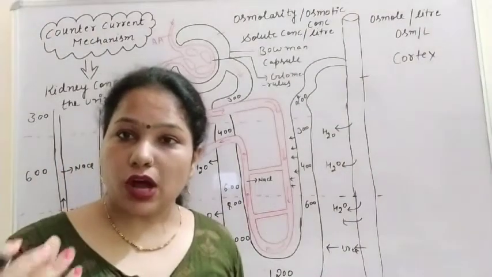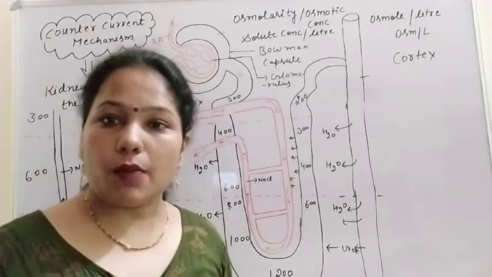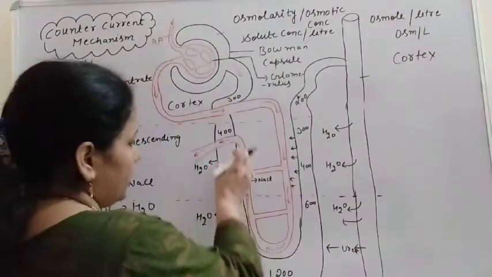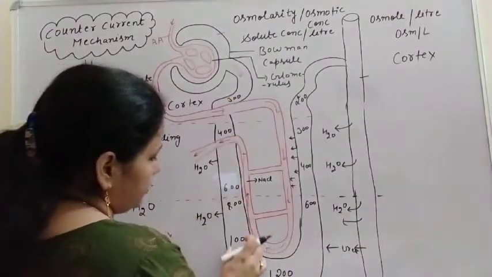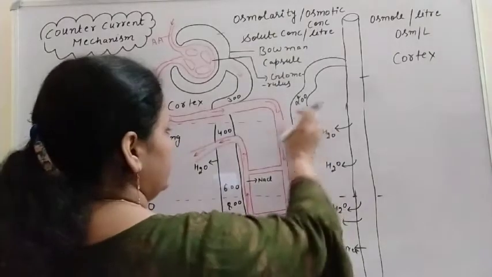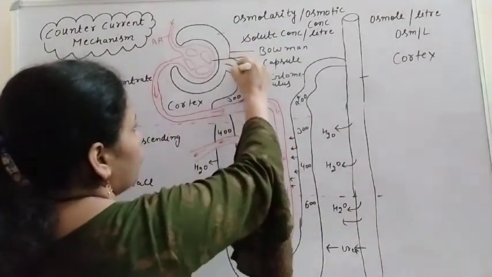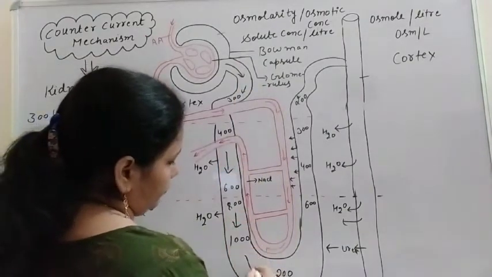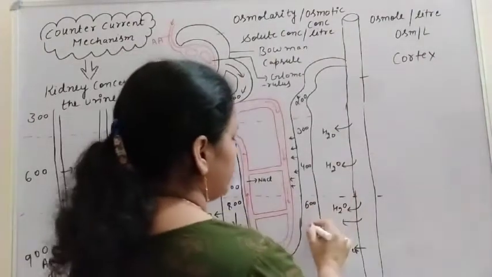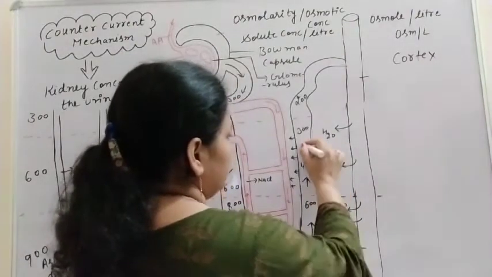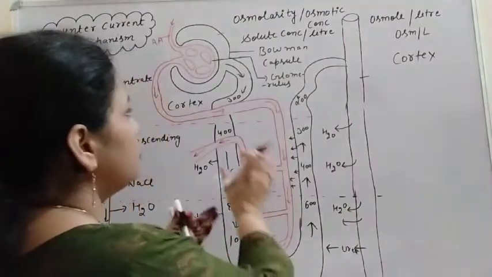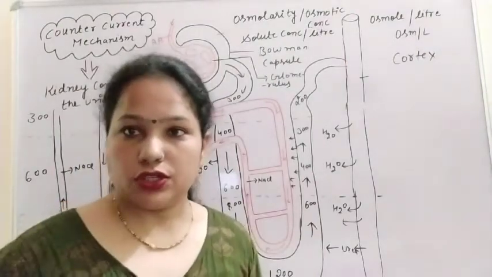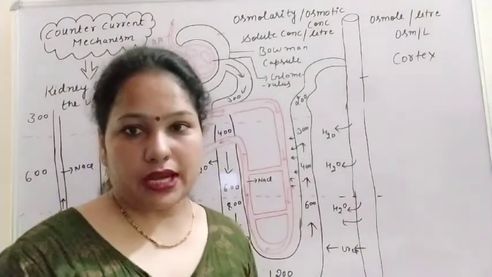So what is the meaning of counter and current? Counter means opposite and current means flow. If we see the loop of Henle, it has the descending loop and the ascending loop. In the descending loop, the flow of filtrate is in the downward direction like this, and in the ascending limb, it is in the upward direction. So this flow in the loop of Henle in opposite directions is known as counter current mechanism,